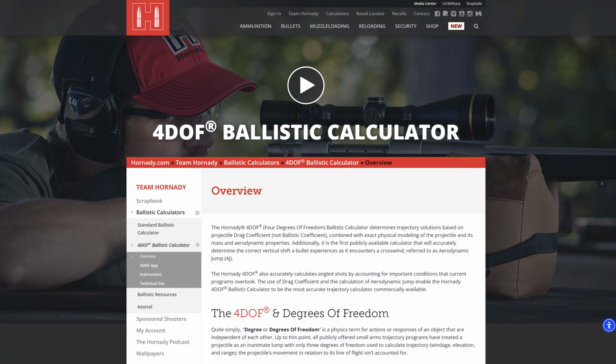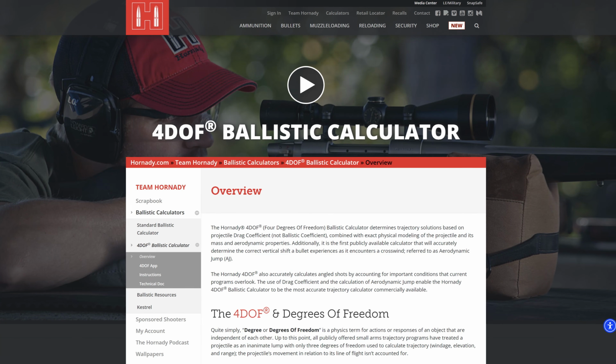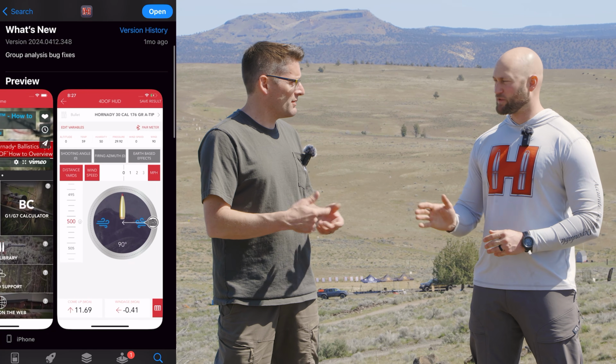So you can go to Hornady's website. In the App Store, I searched Hornady Ballistics, downloaded that app that's got the 4DOF capability in it. Now, how about the Android, like the Google Play Store? Absolutely, same thing. Hornady Ballistics? Hornady Ballistics. And does this work on tablets as well? Works on tablets, and that's a good point, Gavin. So we ask you when you sign in, you can operate as a guest, but you really want to create